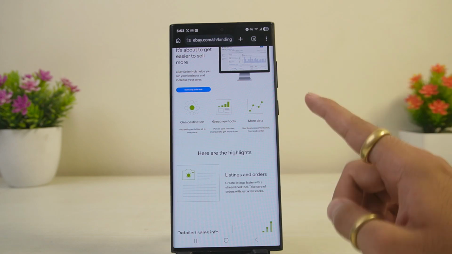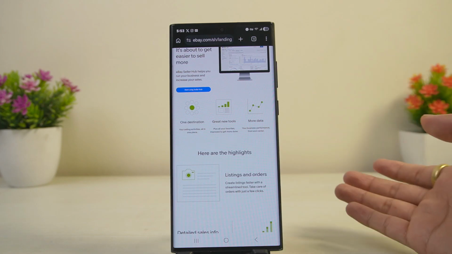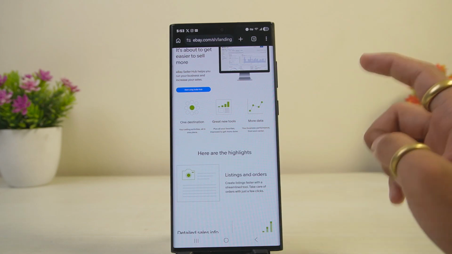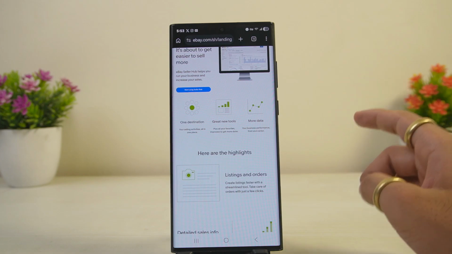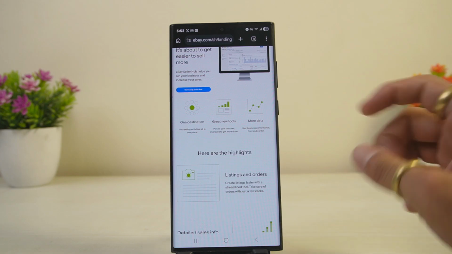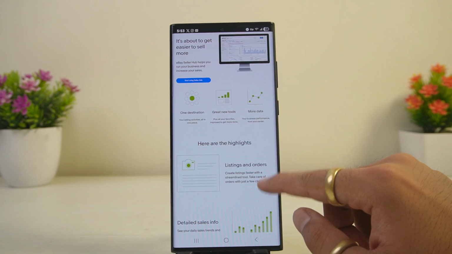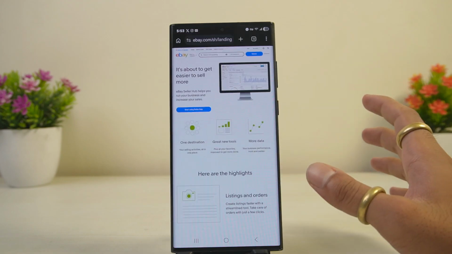This feature increases your item visibility by placing your listings in prominent sponsored slots across eBay search results and product pages. So to set up the standard campaign, you simply have to head to the marketing tab and then head